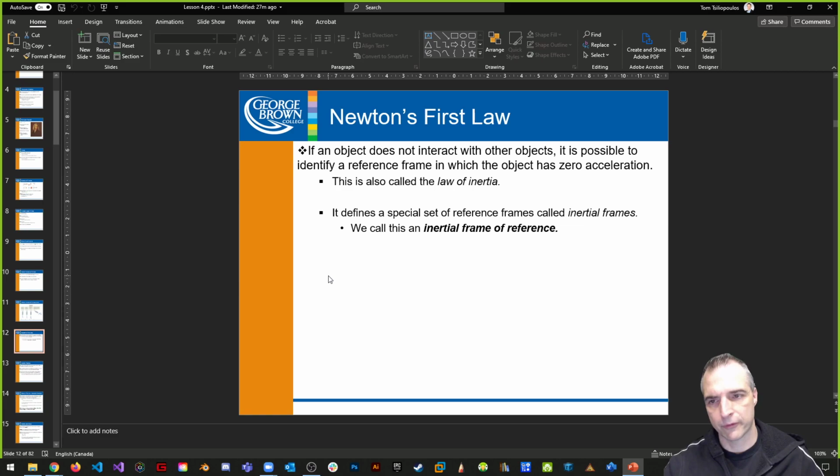Let's talk about Newton's first law, okay? So the first law is, if an object does not interact with other objects, it is possible to identify a reference frame in which the object has zero acceleration. This is called the law of inertia, and it defines a special set of references called inertial frames. We can call this the inertial frame of reference, but really when we summarize Newton's first